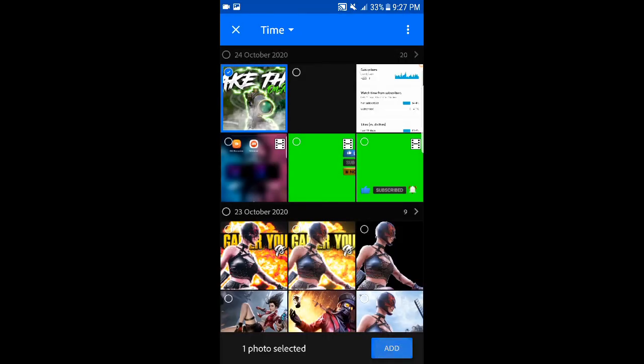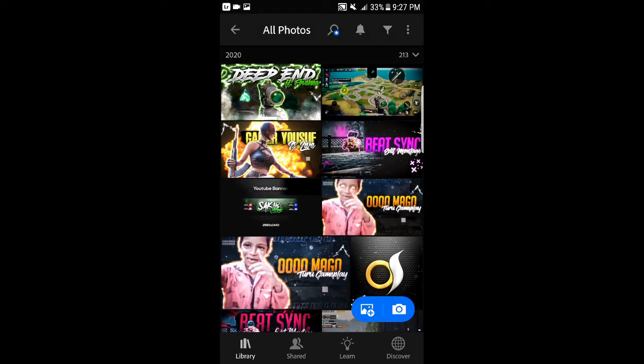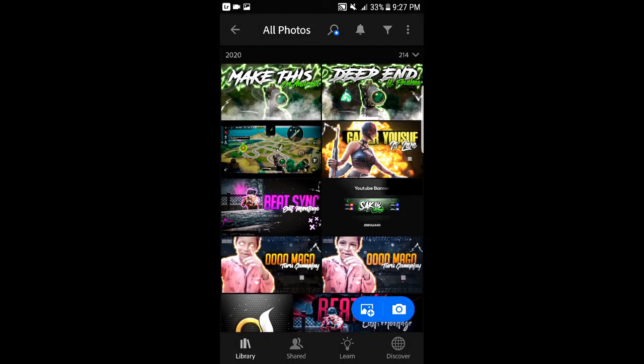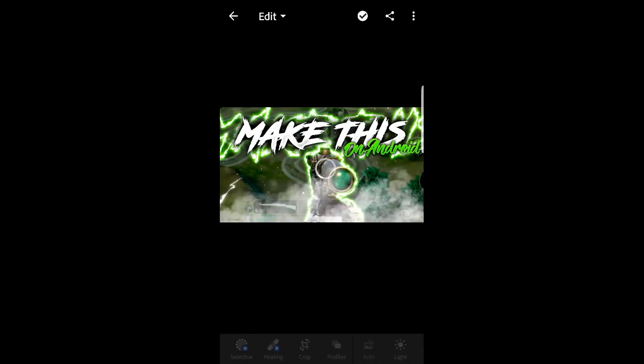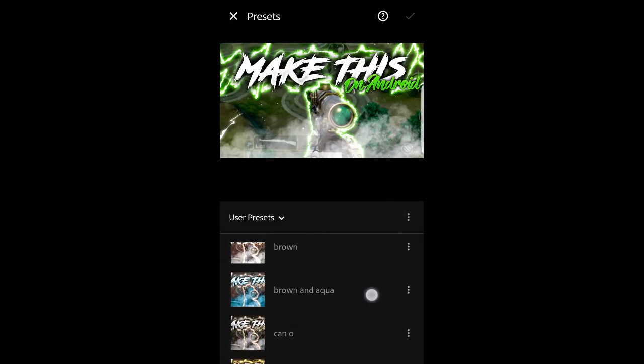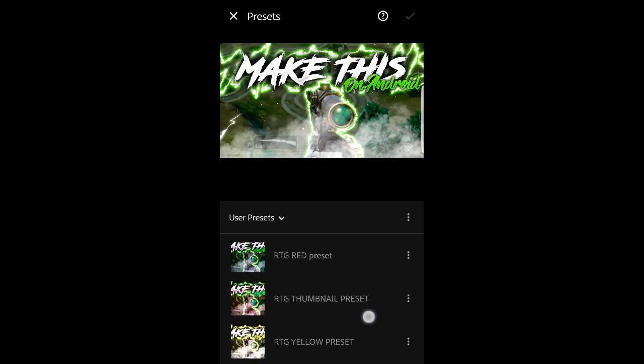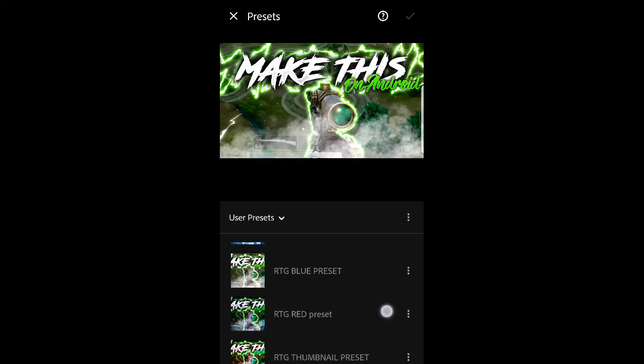In Lightroom you should export the photo which you made in PS Touch. After making this, wait, you should apply a green preset, and the green preset is